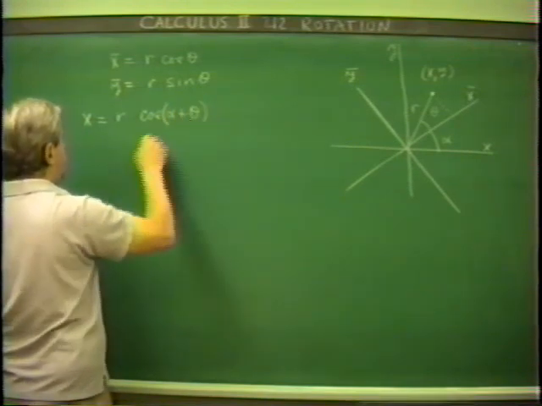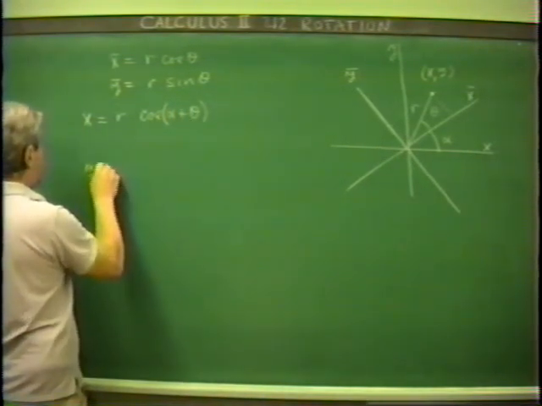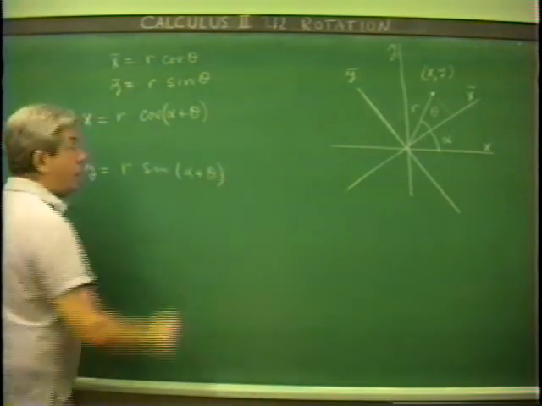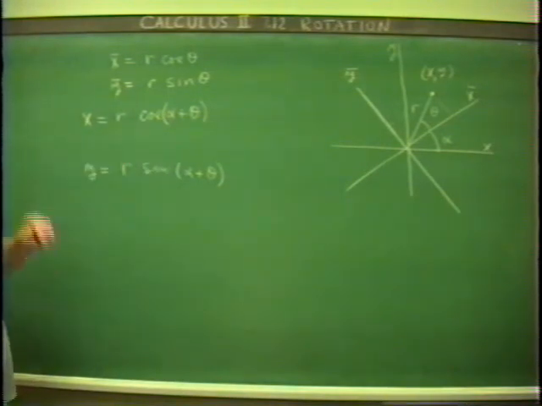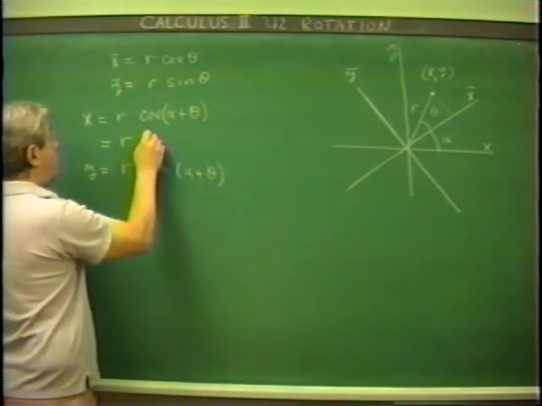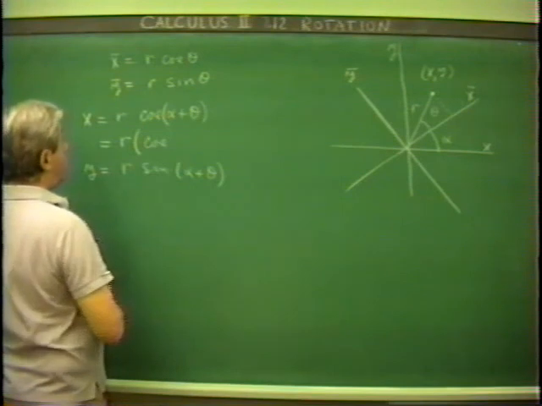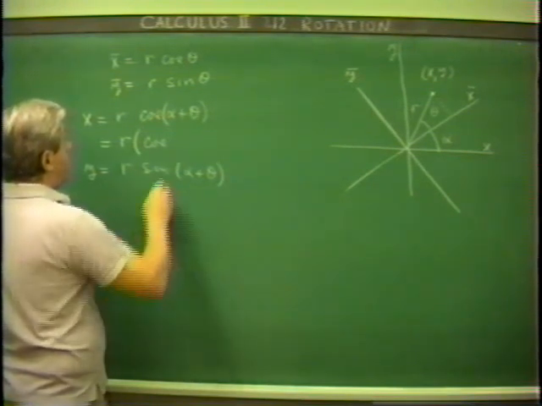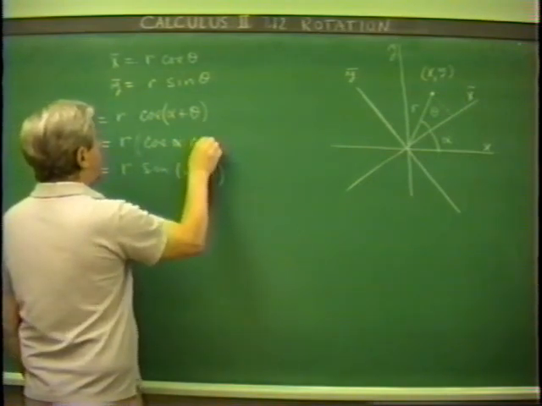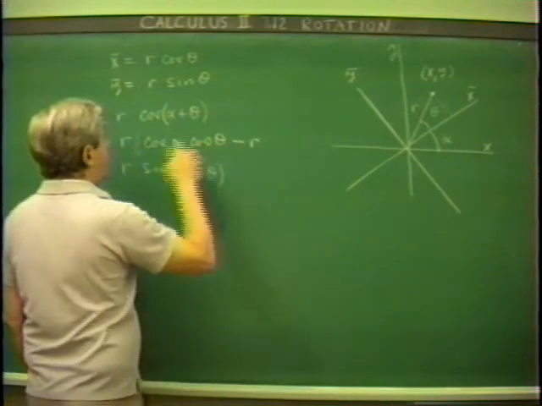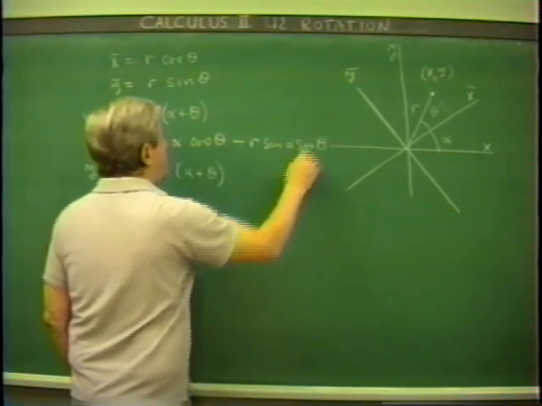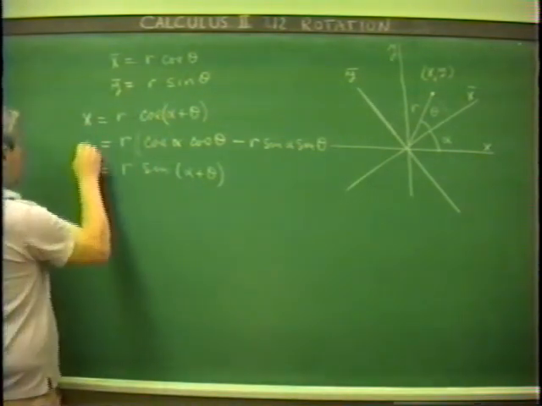Likewise here, its x coordinate is going to be equal to r cosine of alpha plus theta, and its y coordinate is going to be equal to r sine of alpha plus theta. Now, using the formula for the cosine of the sum of two angles, you get that the x coordinate here is going to be equal to r times cosine alpha cosine theta minus r